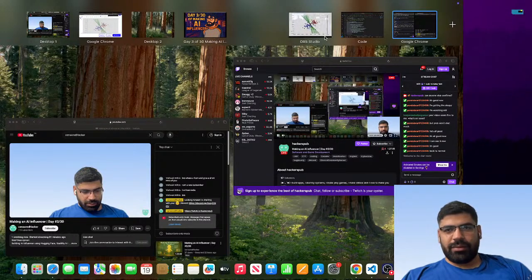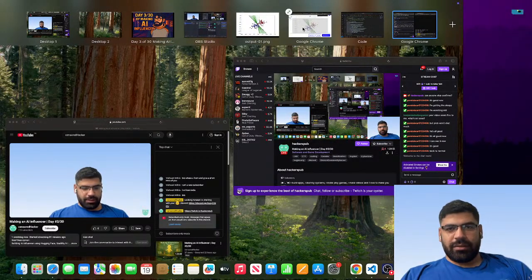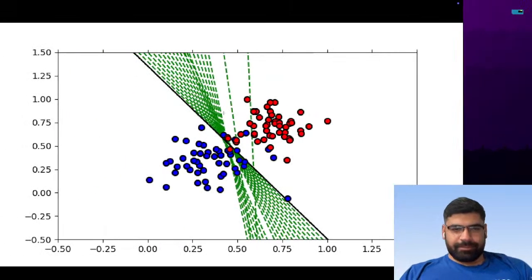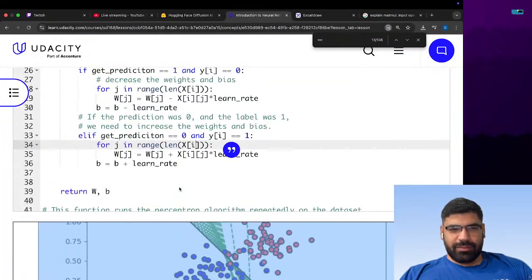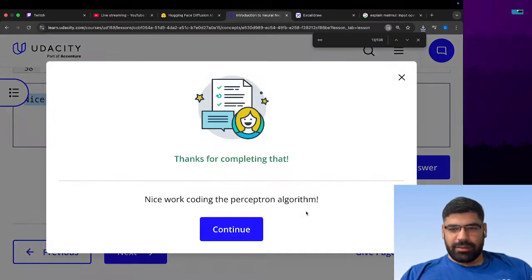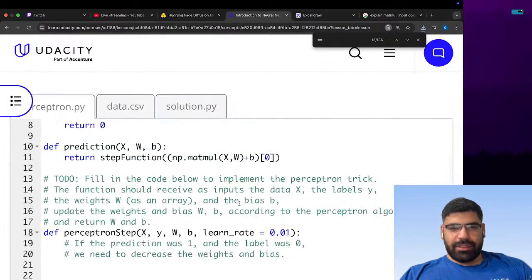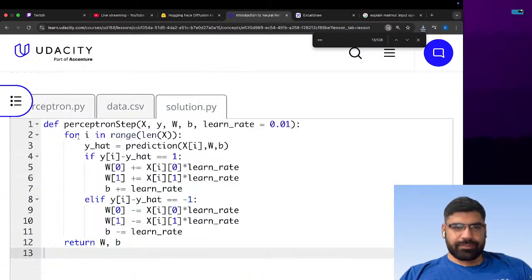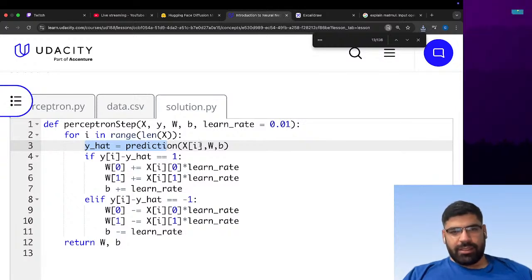That's so cool though. This goes here. I'm pretty proud of myself. This is cool. Submit answer. Oh, we got our answer correct too. Let's see what their solution was. I range length, Y hat. Yeah, see that. That's why I had to print, because I could not understand the inputs